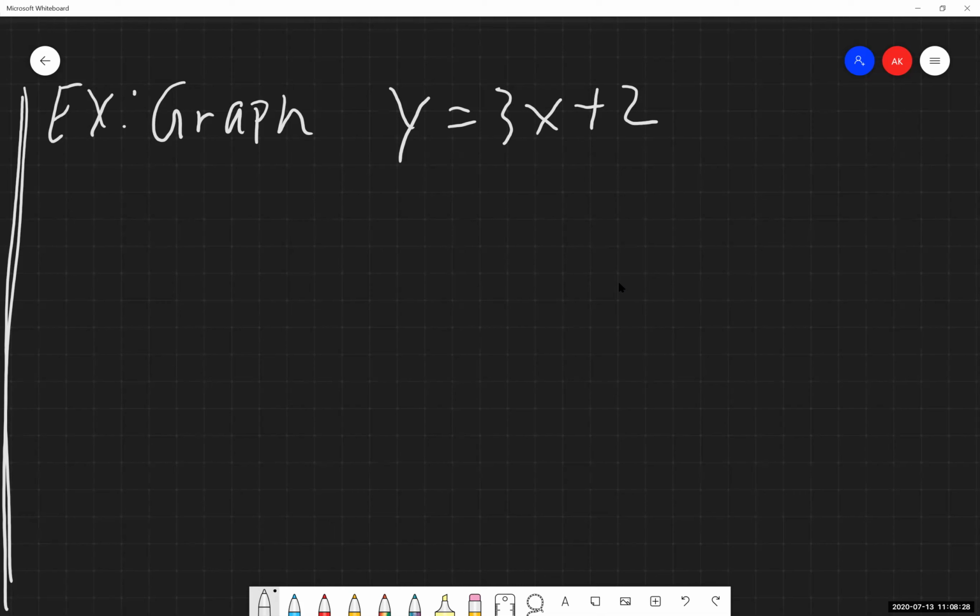So again, my recommendation to you guys, set up a table for yourselves. You can do it horizontally, you can do it vertically, it's your call. I'm going to do it vertically because I like to work the math vertically here. Here are my x values, here are my y values. Actually, I'm going to move this down just a little bit, so there's a little bit of space here.